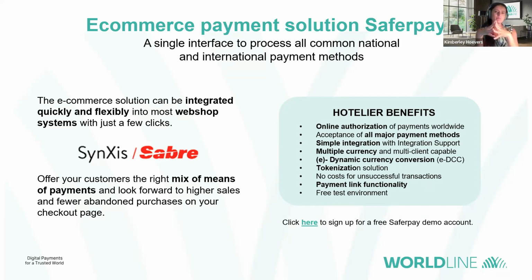Within Saferpay, there is also a payment link functionality. And it's not just a payment link functionality. What you can do with our payment link functionality is request either a direct payment, so where you deduct directly the funds from the card of the guest, as well as requesting an authorization, meaning that they will receive a link where you request the authorization. You just say, okay, if you want to guarantee your stay in our hotel, please go to this link and perform the authorization. Then at the moment they arrive in the hotel, or maybe a few days prior to the stay,